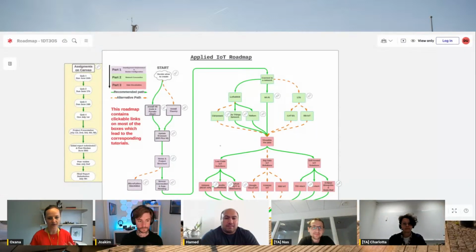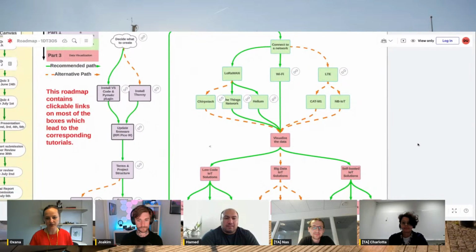So today we're just going to dive a bit into platforms, different tools and solutions that you can use in your project, but from more of a theoretical point of view. So if we now look at our wonderful roadmap here,